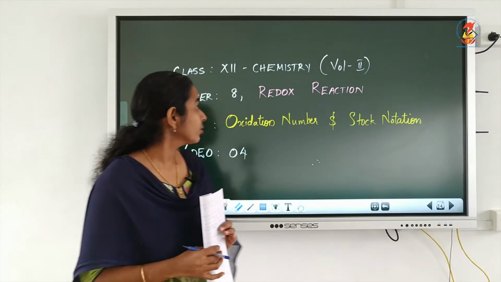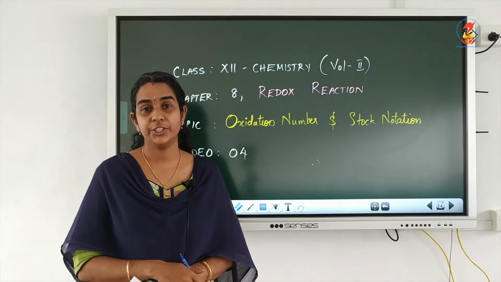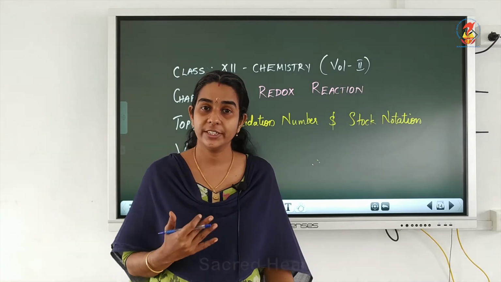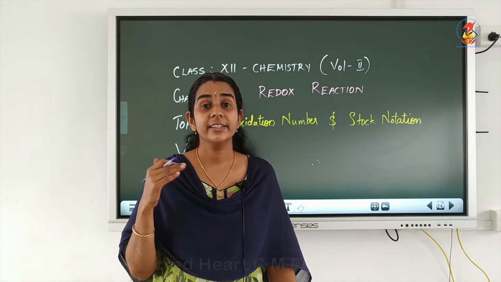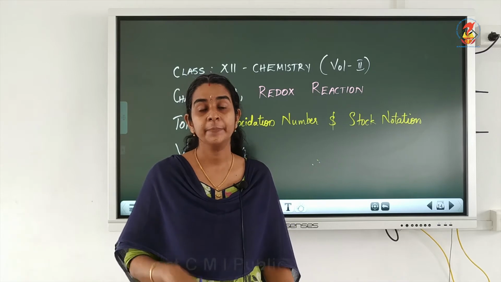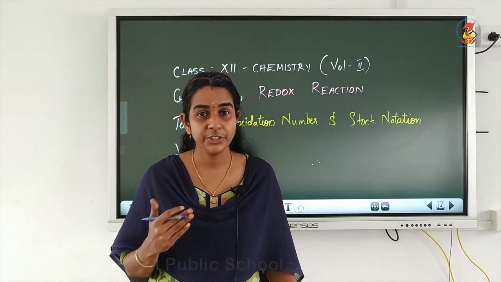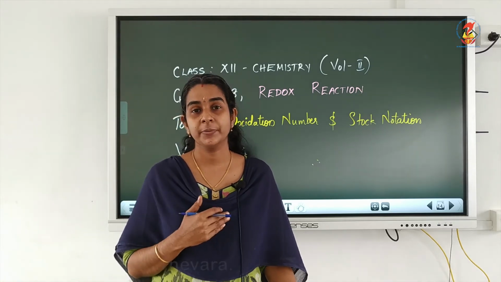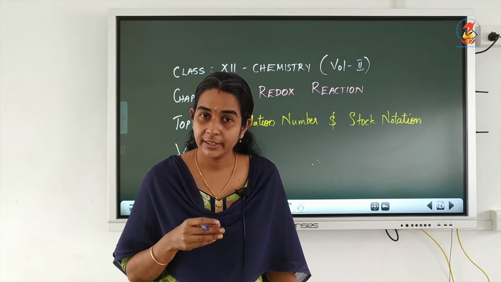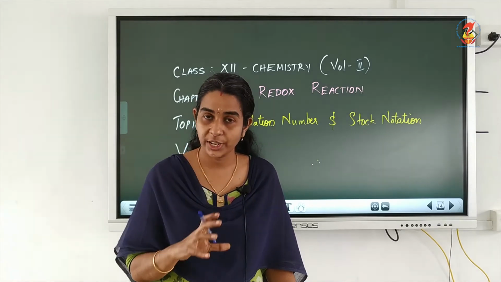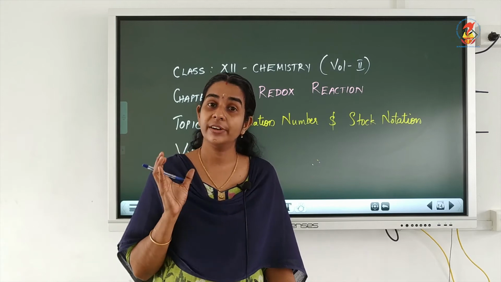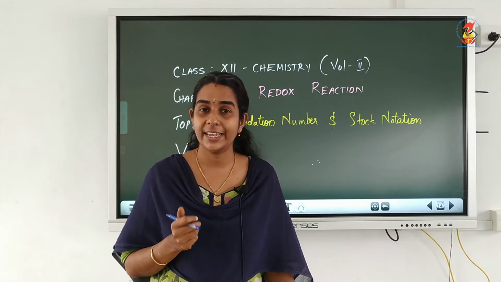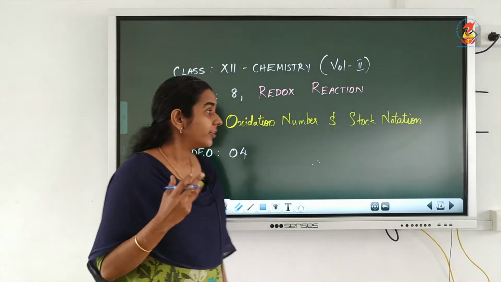Next we have oxidation number and Stock notation. In the previous videos we studied that oxidation and reduction involve the transfer of electrons, isn't it? During oxidation there is losing of electrons, and during reduction there is gaining of electrons. So we can simply say that during a redox reaction, or during oxidation and reduction processes, there is transfer of electrons taking place. Now, in the case of an ionic compound